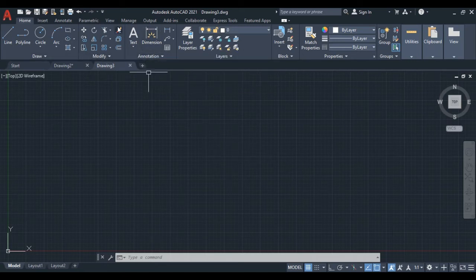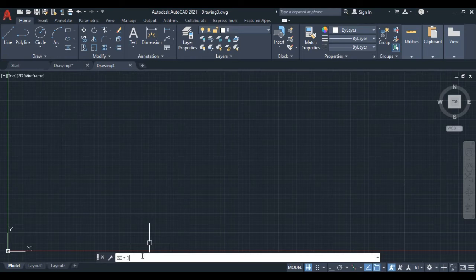So you can take it by shortcut key, which is called a command. Here you can see that the line command is available in the draw panel. If we want to take the line command by pressing the shortcut key, you have to type L, the shortcut key for the line command.